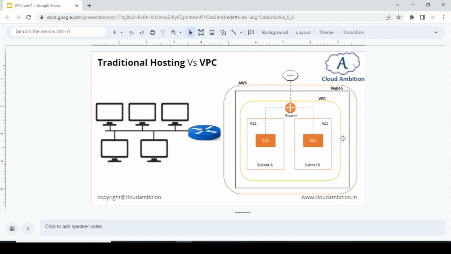And what is the difference between traditional hosting and VPC? Earlier, it was desktop or laptop, and it was cabling, meaning in the on-premises data center. There was connectivity between the hub room and your desktop or laptop, and all devices were connected using LAN cable, and it was assigning an IP address to that particular client. But now, by using VPC, you can launch your virtual